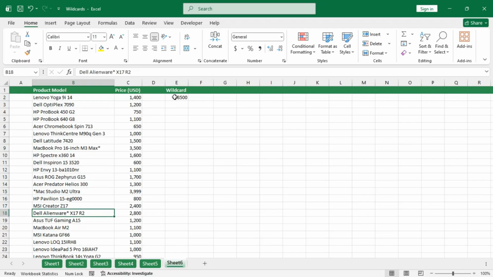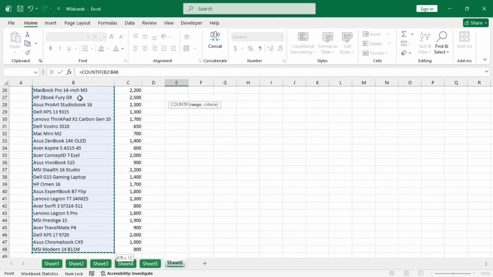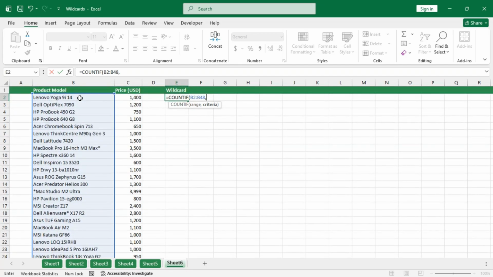Then what you need to do is, let's use the COUNTIF function again. The range is this one, and the criteria is